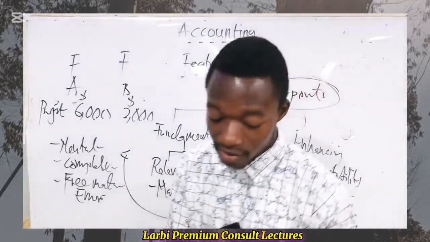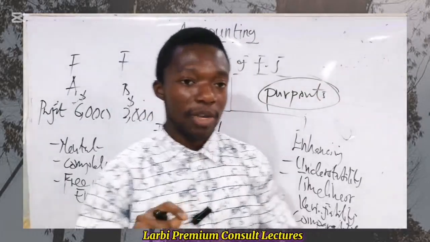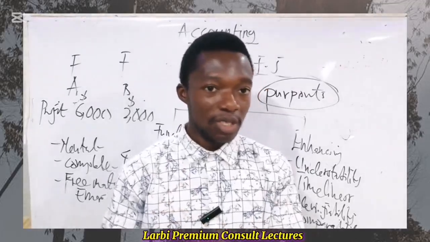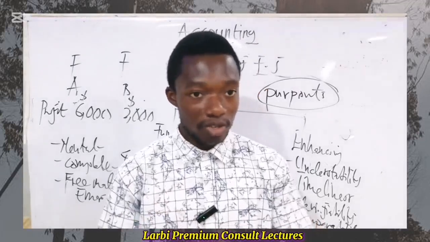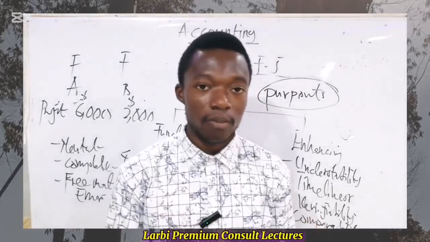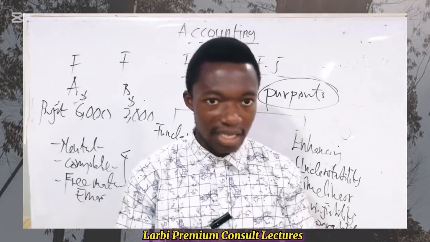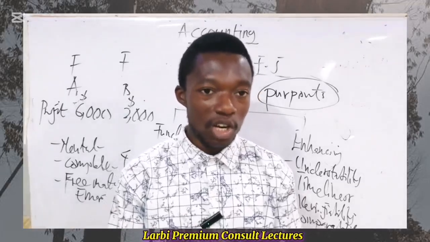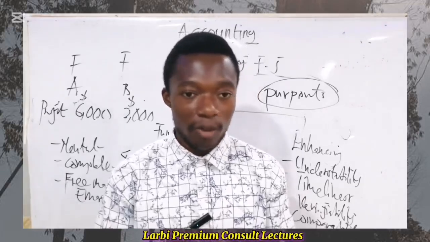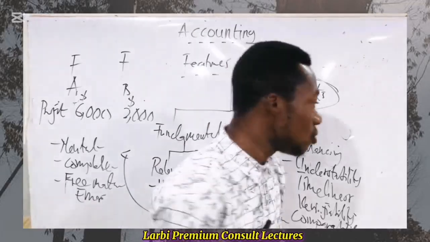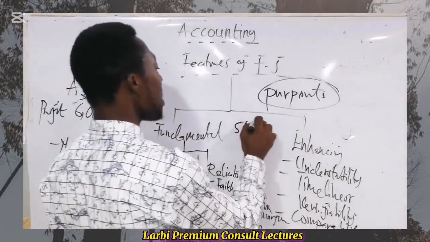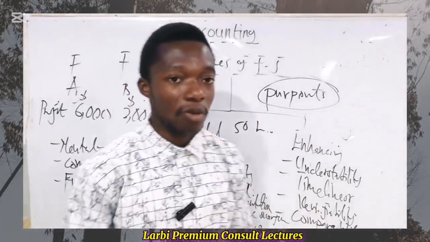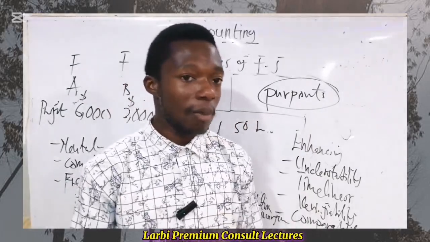When we say substance over form in accounting, very simple. Let me give you an example. Let's say you run a business, a transport business, travel and tour. And for a particular occasion, let's say it was Christmas, where people need vehicles to convey their goods, a lot of things from one place to another. And let's say you used to have 50 buses that do this movement for goods and people from one place to another.